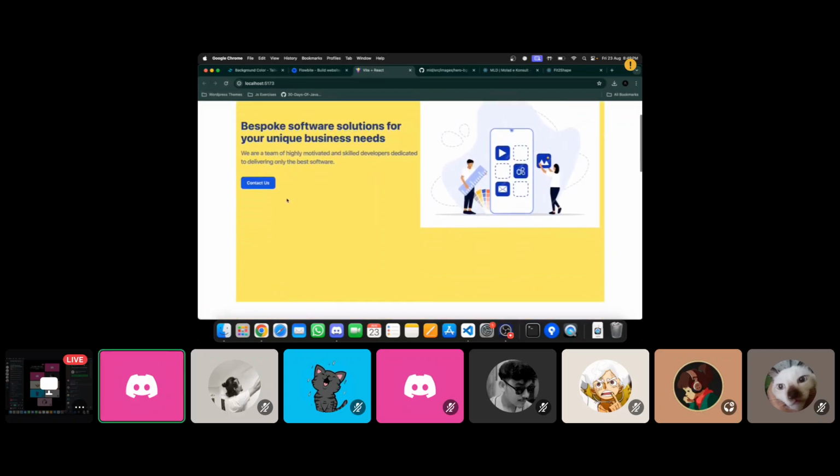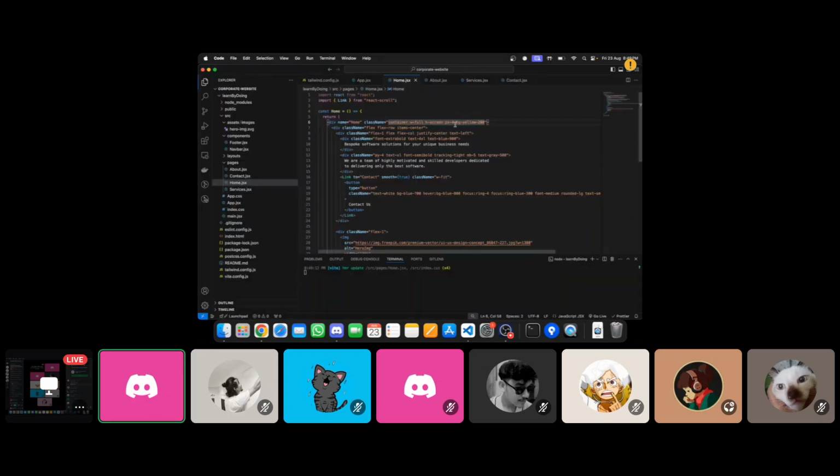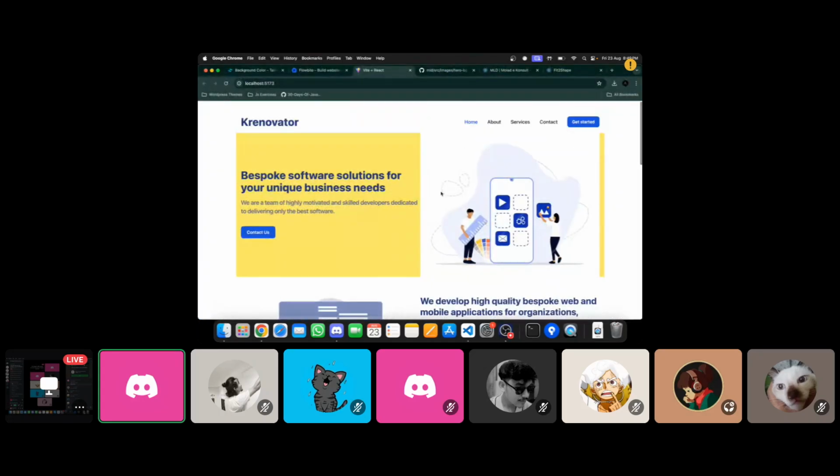But I recommend you can just use Bitful. But when you use Bitful, this is like the about top. It doesn't really look nice. It should be full, right? The home page, the hero section.